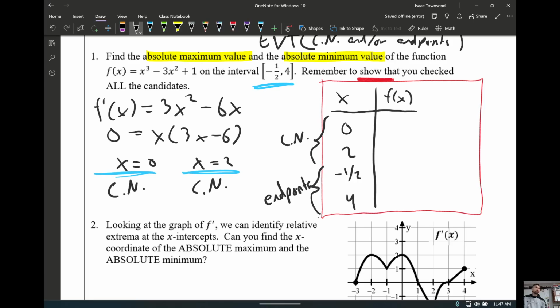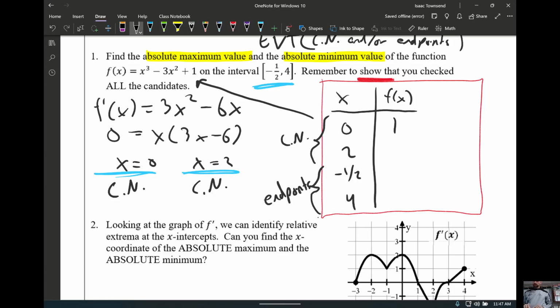Good, because that would give me slope information. If I want to know y, x, y, that's a point. When you want to know a point, you need to be plugging into the function. So 0 minus 0 plus 1, 8 minus 12. Well, all of this is pretty easy to do without a calculator, but